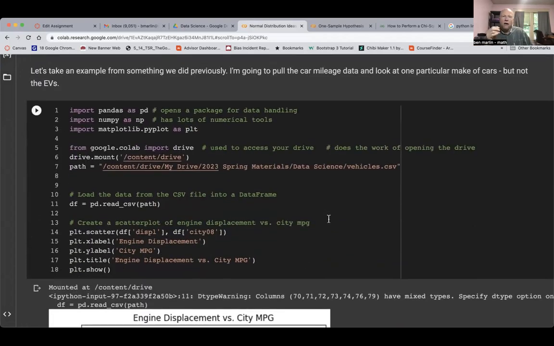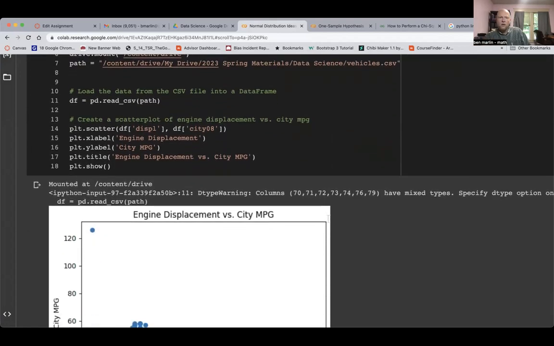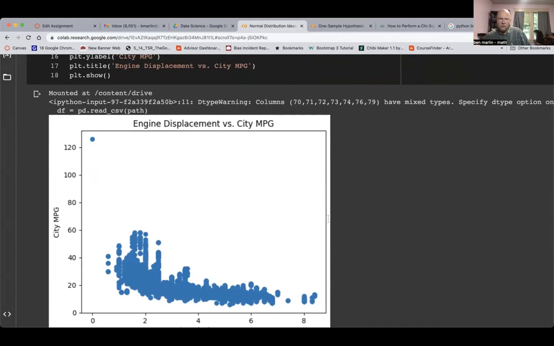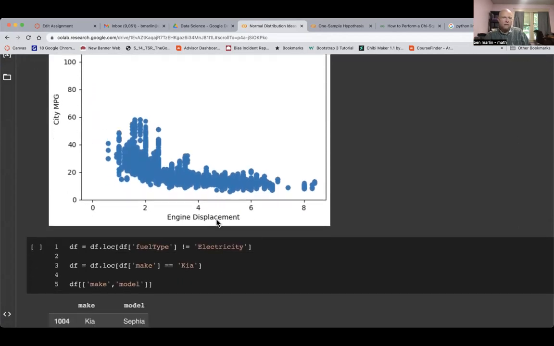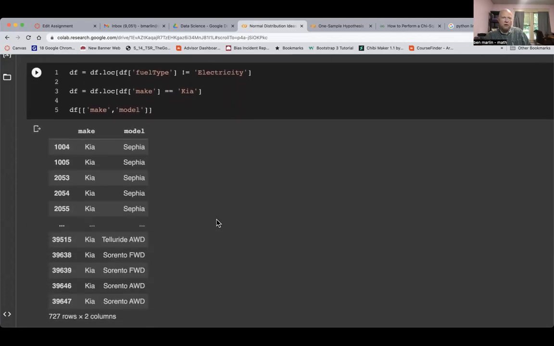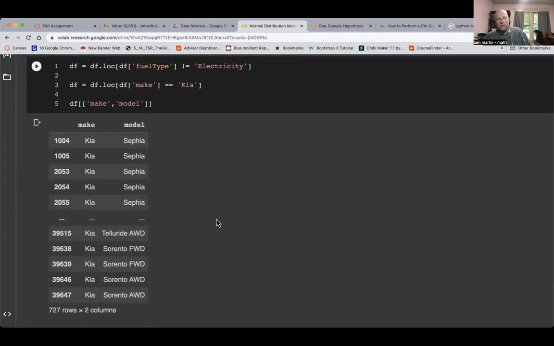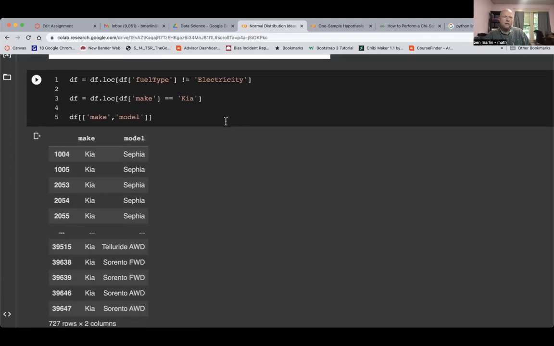All right. And then I also go ahead and do this piece here, where I went ahead and got that data that we did the MPG, miles per gallons, from the other day. And we're going to pull the miles per gallon data from a specific model of car. I went through and I spotted that Kia was one of the models of cars, and that's what my wife drives. So I went ahead and pulled the data for Kia. This shows you how to do that.